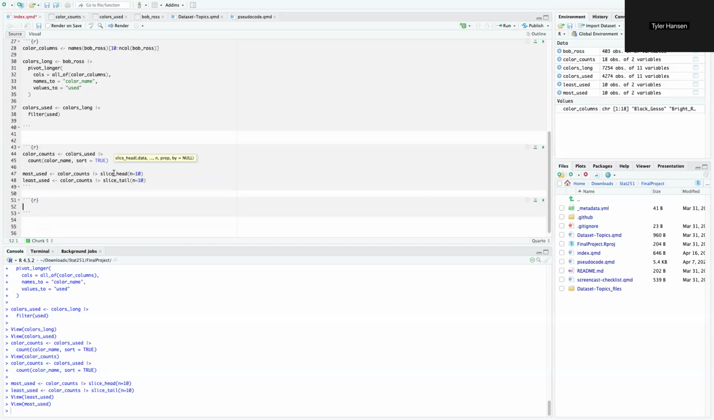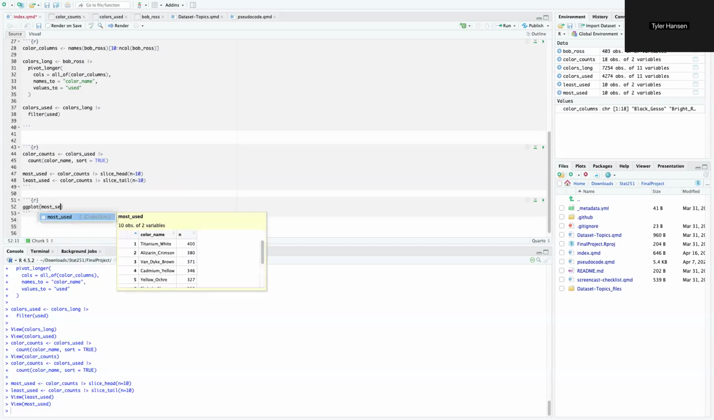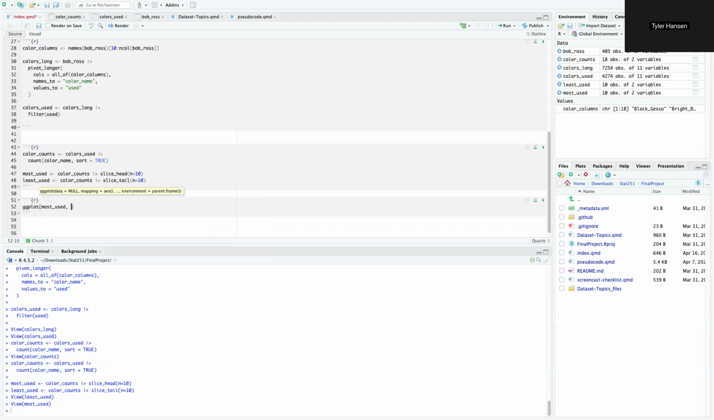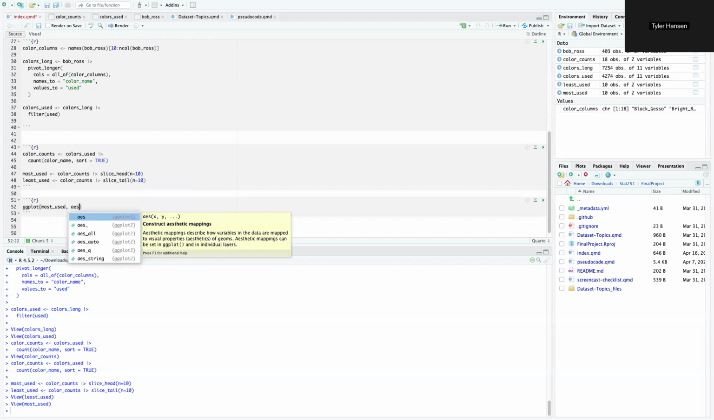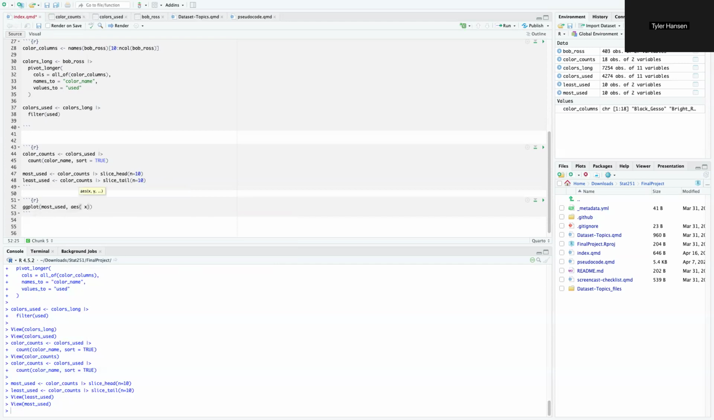Okay, we're going to use our little friend ggplot. This is probably the most common plotting method used in R. We're just going to use the most used data that we got. So that's where we're going into our data. Let's just say the axis. We're going to name x-axis equal to